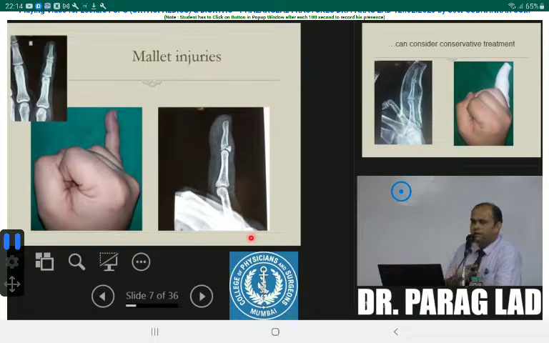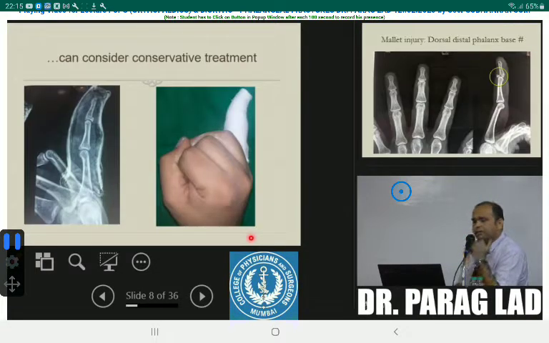But I treat them in a cast, and I keep taking a 10th day X-ray, because in the Indian scenario, if you ask the patient to stand, they will walk. If you ask the patient to walk, they will run. You understand? So if you ask the patient to wear a splint 24 hours, they will wear it 2.4 hours. So we don't trust the patient. Okay. So I have treated this patient in a plaster, a cylindrical cast to the finger.